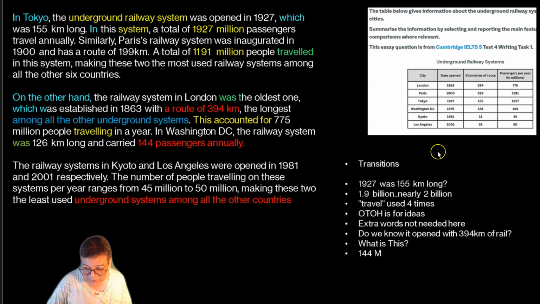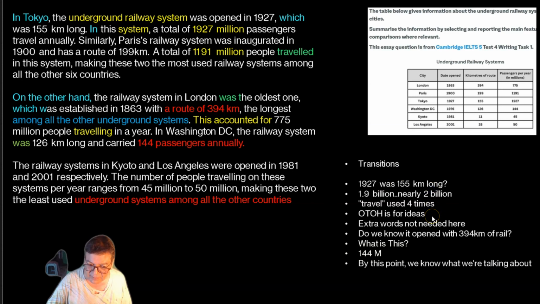Your total report was 210 words. That's a bit long, because you got a lot of extra stuff in here that you don't need, like making these two the least used underground systems among all the other countries, cities. By this point, we know what we're talking about here. Okay, we're talking about these underground systems. The least used. Stop. Don't need these extra words. In fact, it says right here, summarize the information, which means express the main ideas in as few words as